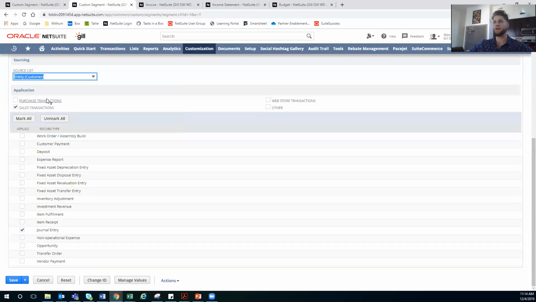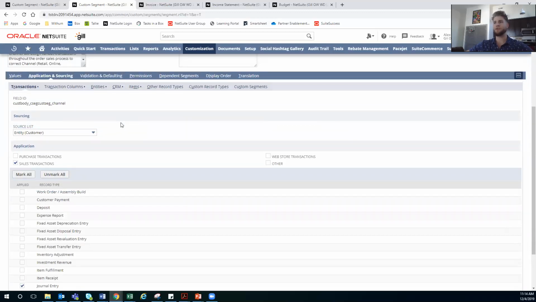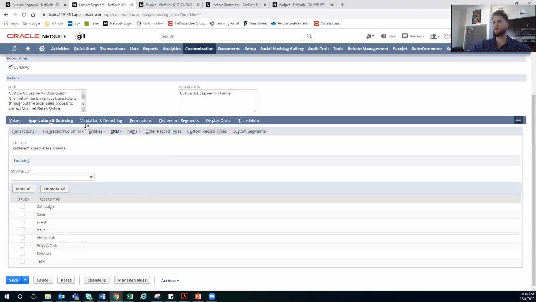Select entity customer. What this does is whenever we enter a new transaction, a sales transaction, and we enter that customer name, it's automatically going to source the distribution channel from that customer record. And we'll take a look at that shortly. So we can do the same thing here, CRM, wherever you want to apply this. It doesn't make sense to really put it on the CRM or items,